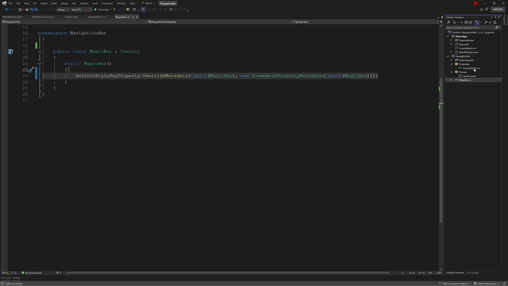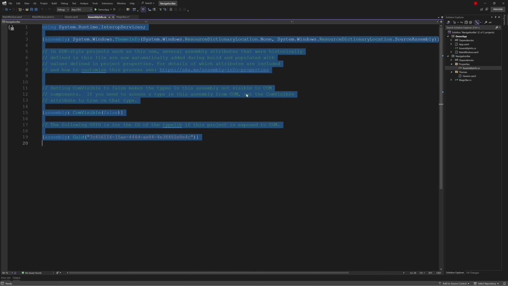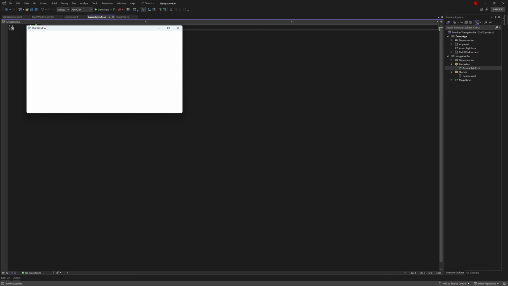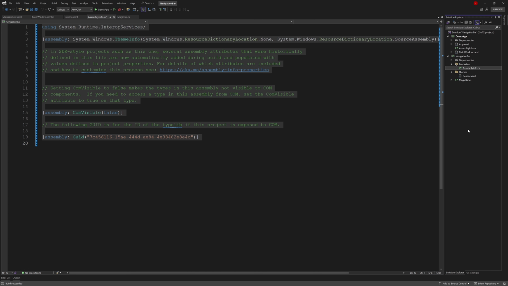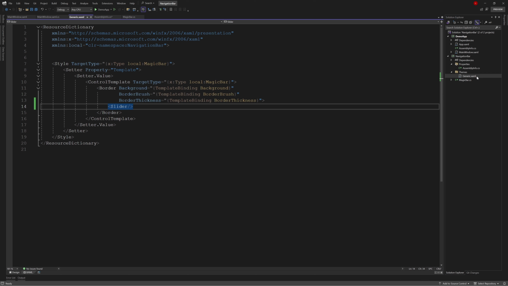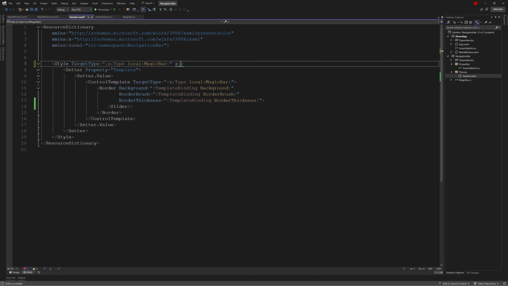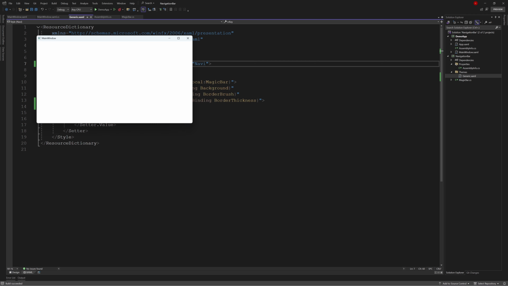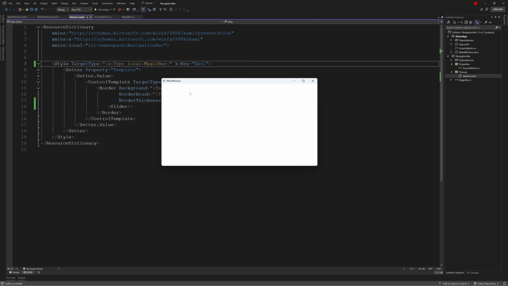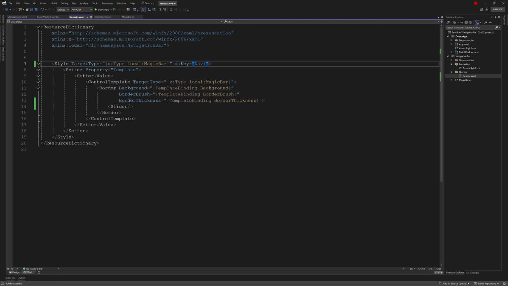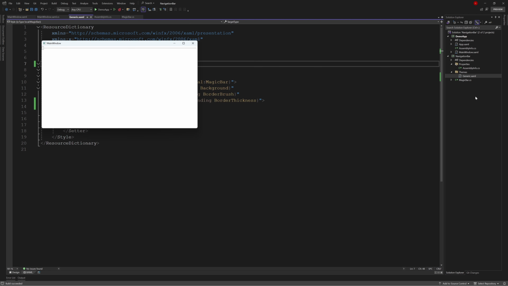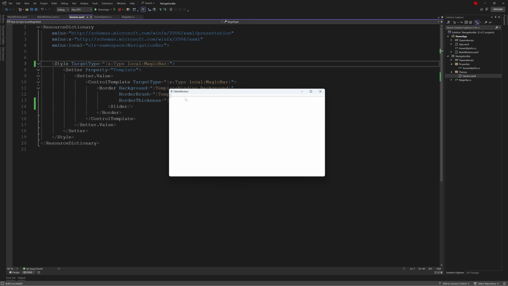Or if we delete the assembly part, it also won't appear. And if we add a next key here, we still can't see the content. So in a custom control, it is essential that these three elements are present and correct for it to function properly. This is something to be mindful of.